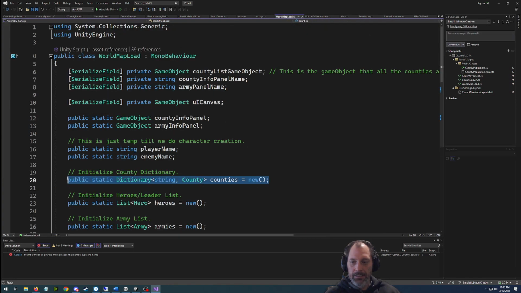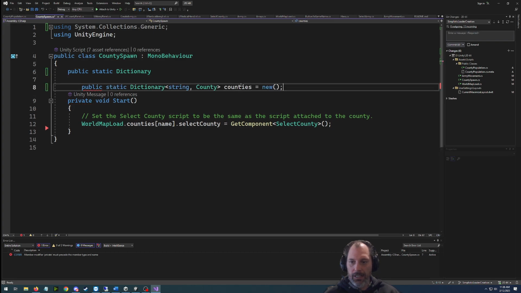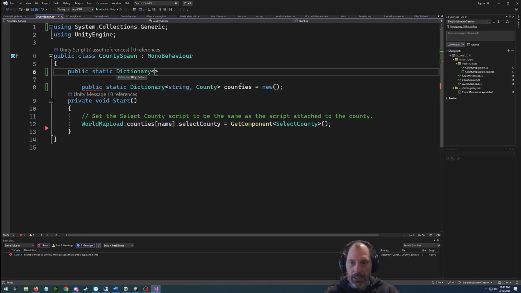We need it to look like this. I can never remember anything. Spawn. I guess I could have just copied this over. String, comma, county population, and we're going to call it